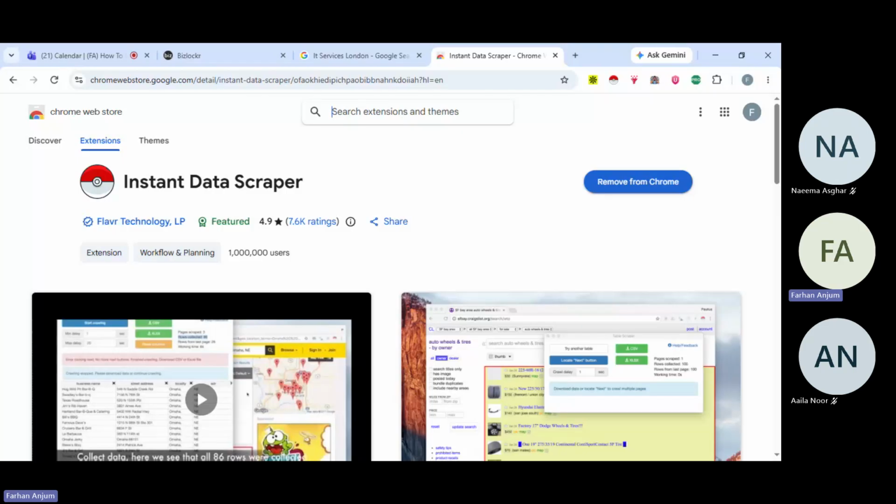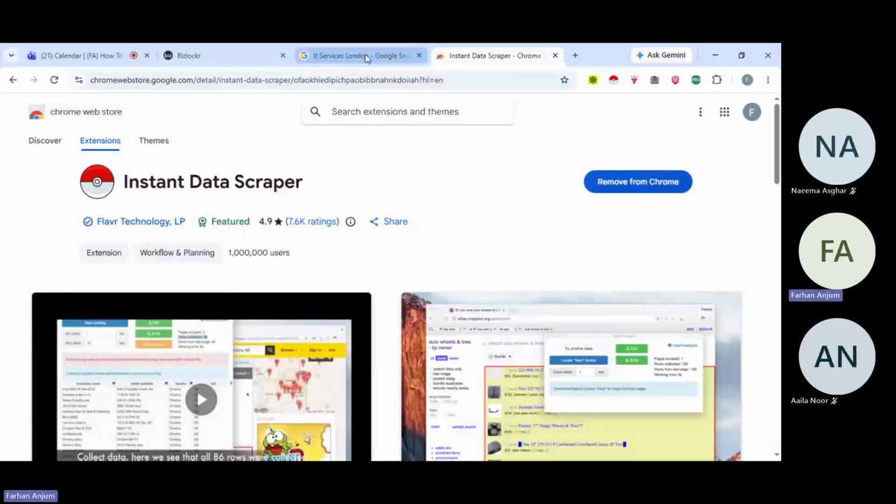But today we are simply going to use it for creating the data against the profiles that we can see on Google. And this is one tool that we can actually use on Google. I mean, most of the tools don't apply on Google, but this one is definitely compatible with Google. You can find this tool on the Chrome Web Store, so that's the reason it's compatible. There's no harm in using this tool, and it is a properly licensed tool, so you can use it with full confidence.